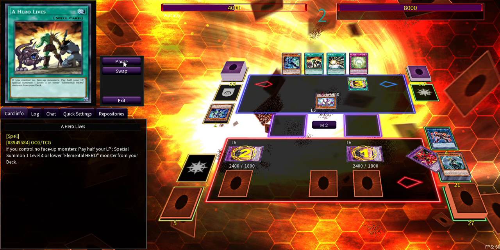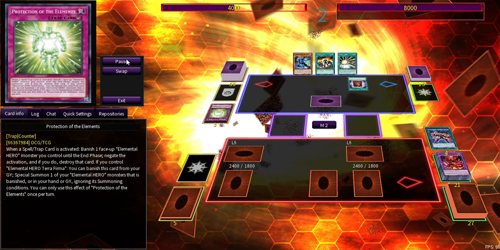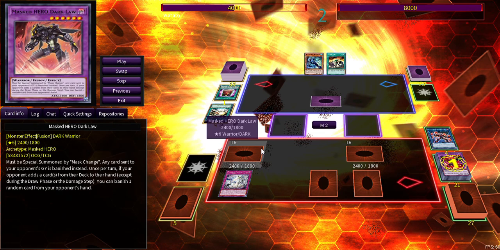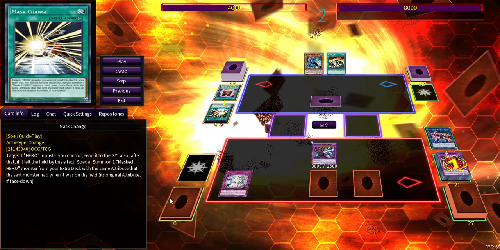So we do pop his Increase here. He flips everything face down. No problem. We already activated the Darklaws. We're gonna get double banish. And after you do this, immediately toggle on, activate Favorite Contact. We made the most out of the Darklaws and Phoenix Enforcer. Now we're gonna get rid of the Darklaws,